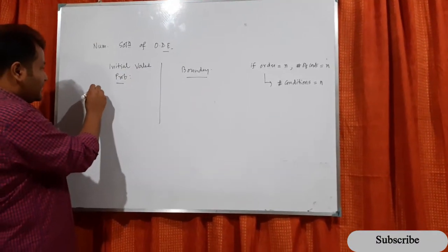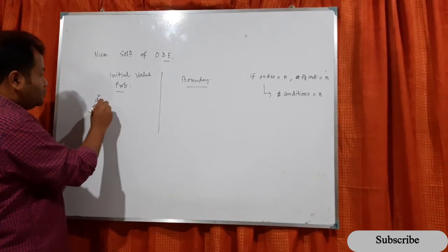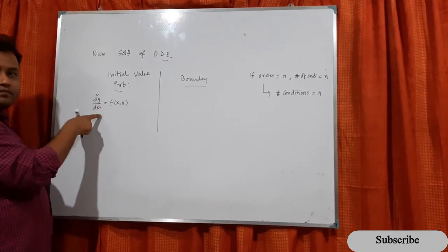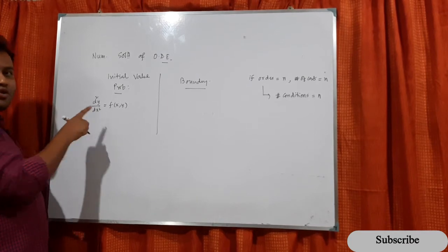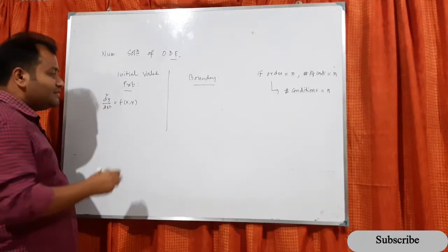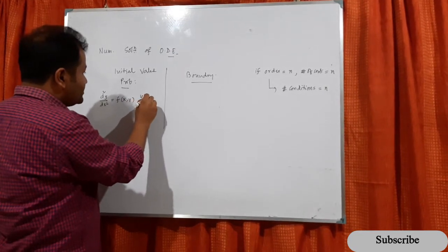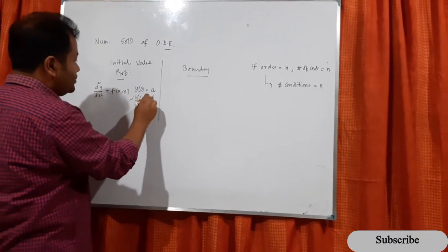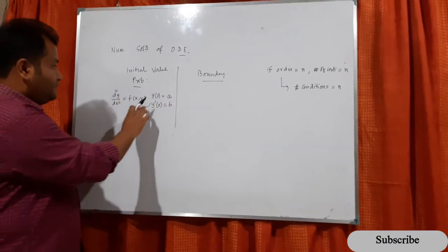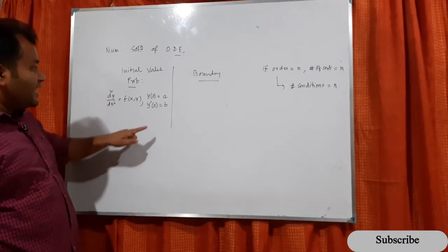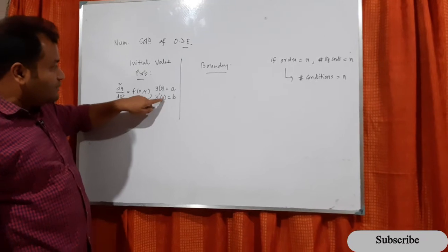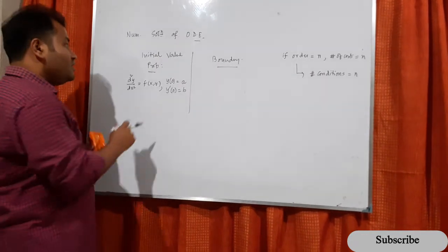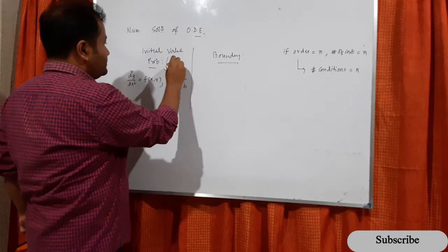Suppose, let me give a general example, say d2y/dx2 equals f(x, y). Now look at this one, the order is 2. So for solving this, we need at most 2 conditions. Say one condition is y(0) equals a and y'(0) equals b. Now if this is the structure of the problem, you see all the conditions are given at a particular point, 0. So this problem is an initial value problem, or sometimes denoted by IVP.